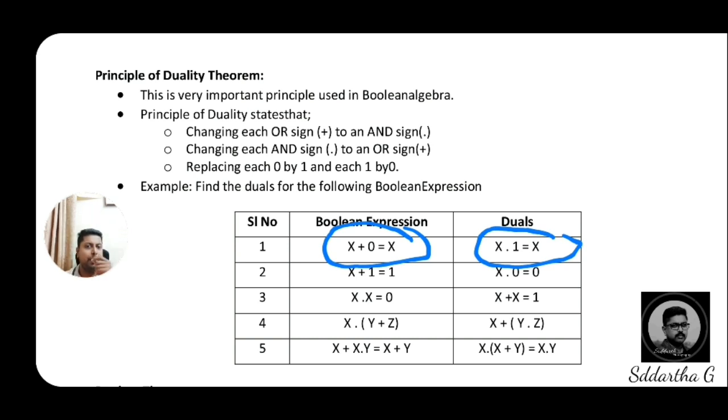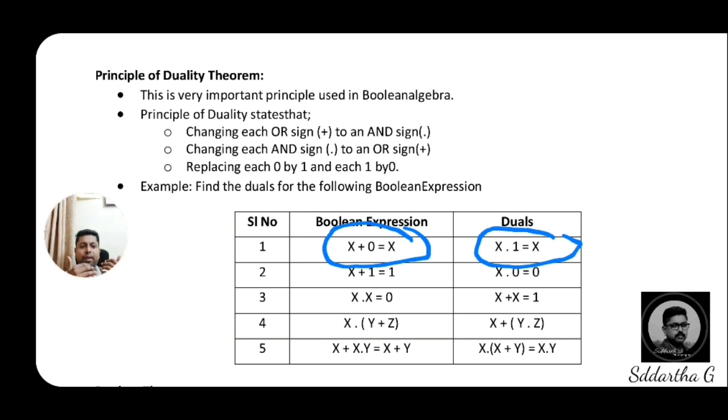x plus 0 is equal to x. The converted expression should be x dot 1 is equal to x. Here the conversion is plus is converted into dot and 0 is converted into 1. So in the Boolean expression, the left side expression we are getting is equal to x, and the right side dual form expression is equal to x, the same,